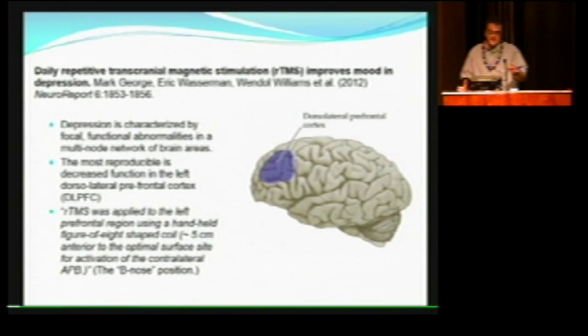So how did they choose to hit it? They actually went back to those same papers of Brazil Neto and Mills, and they said, well, we can hit M1 reliably by aiming at the nose, and we know that DLPFC, based on the Talairach atlas, is more or less 5 centimeters in front. So we'll just take the coil aimed at the nose and move it 5 centimeters to the front,